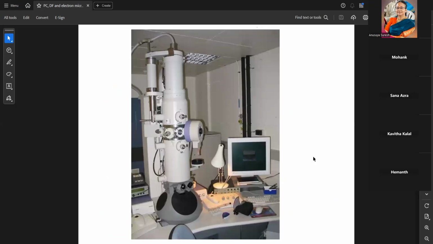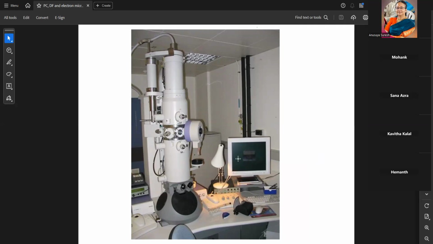So this is a picture of an electron microscope. If you compare this with our normal laboratory microscope, you can easily make out what is the difference, right? Our laboratory microscopes are so tiny, we can keep them on our table and work. This needs a room for itself, and it has to be connected with a computer setup to be able to then print out the images.